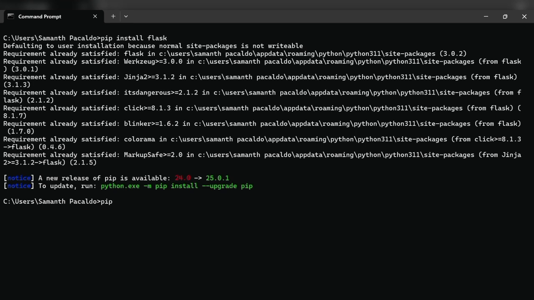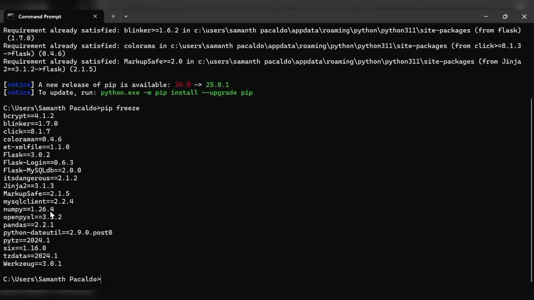So just type pip freeze again to check. So here, as you can see, I have my Flask version 3.0.2.